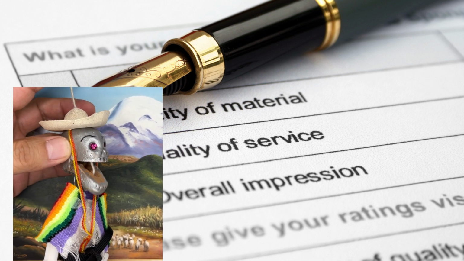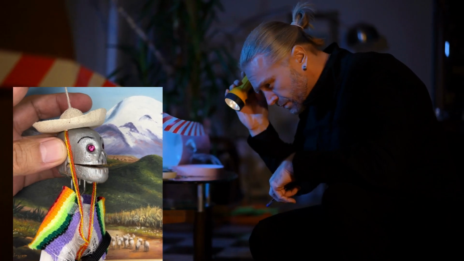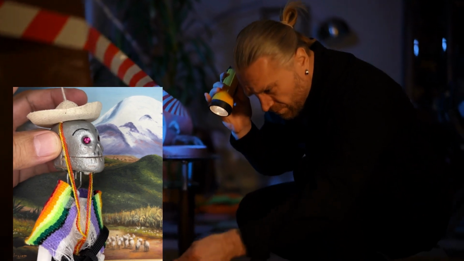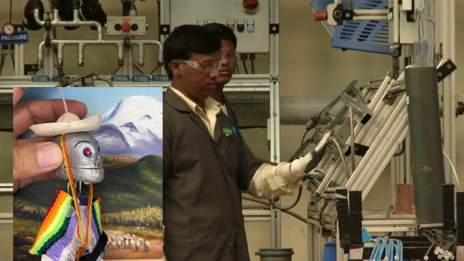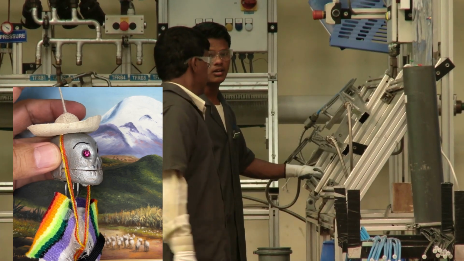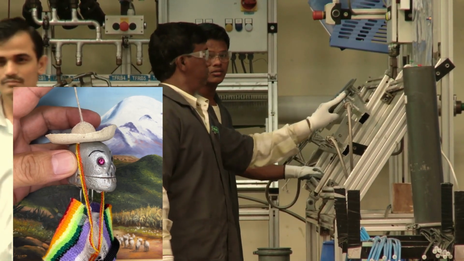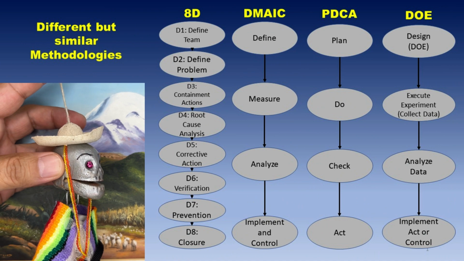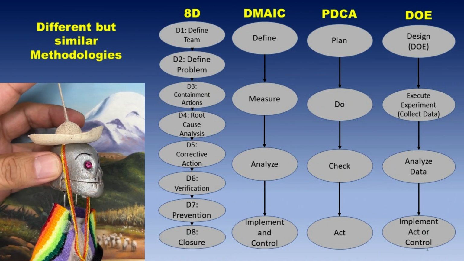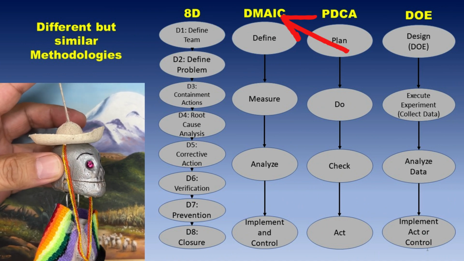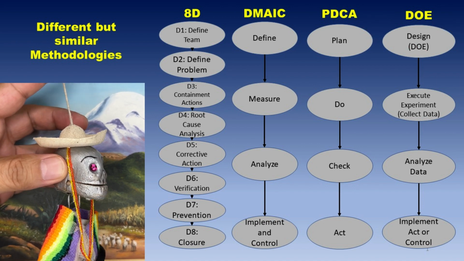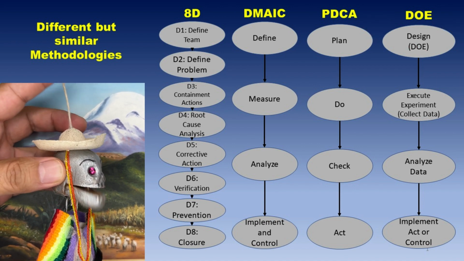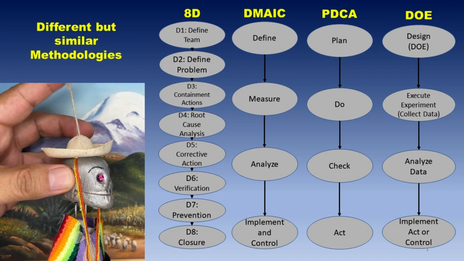Welcome back. As a Six Sigma specialist, many times you need to perform investigations, either as part of a corrective action, a process improvement, a lean manufacturing, or any other Six Sigma project. There are several methodologies that you can follow, such as ADDIE, DMAIC, PDCA, or DOE, just to name a few. And something that all these methodologies have in common is that eventually you need to perform